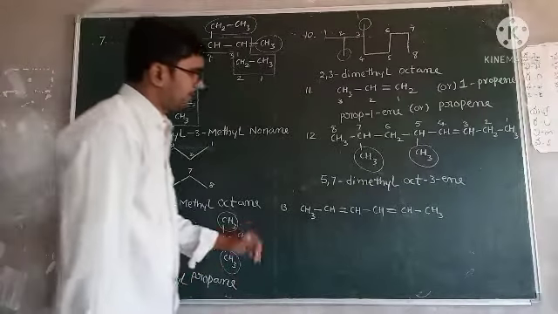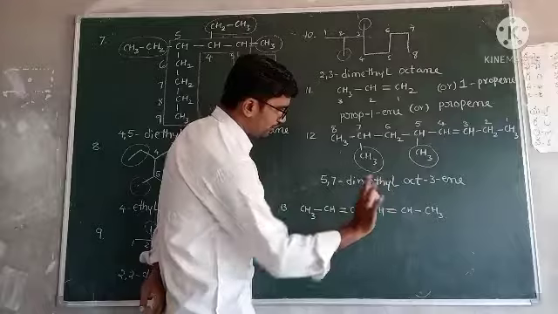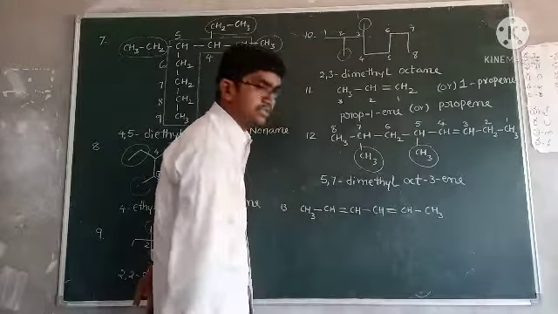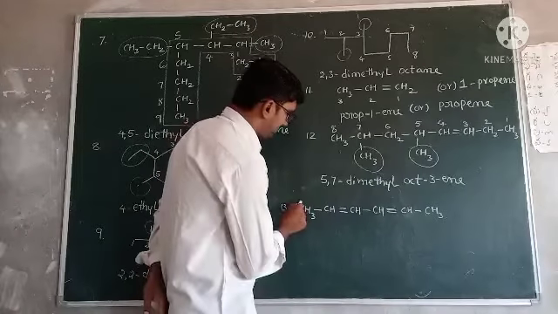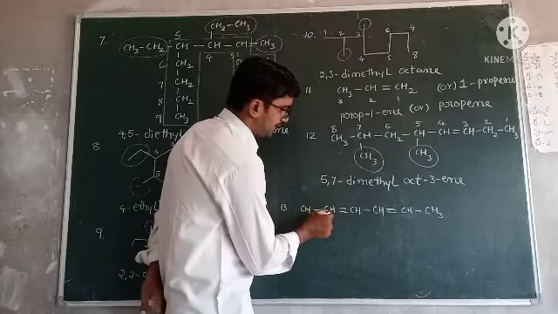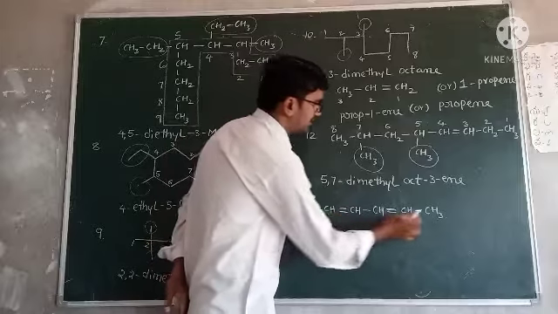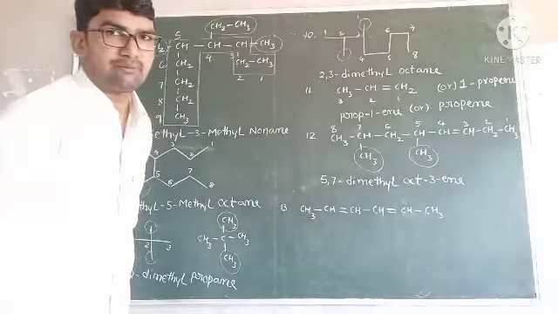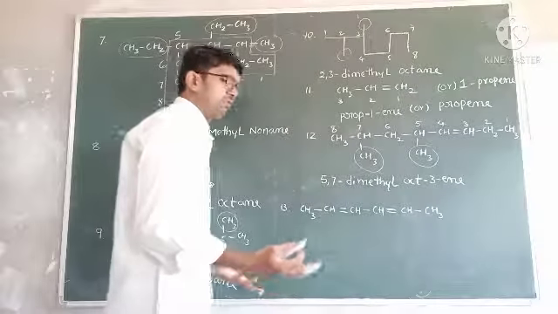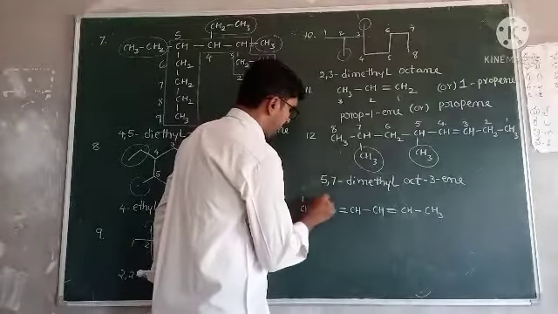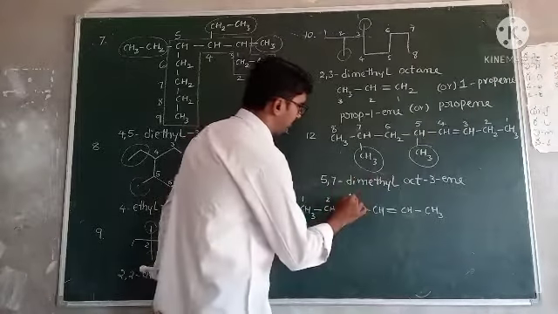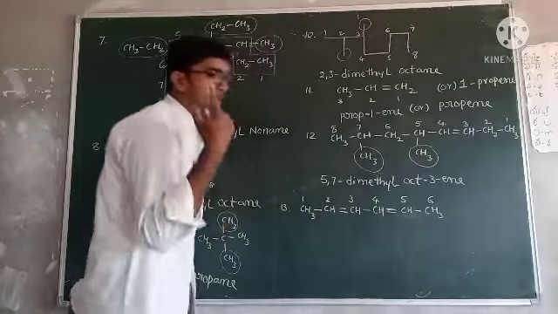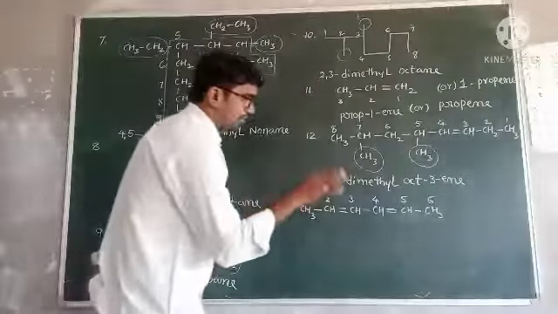Now come to the 13th one. For the 13th one, listen carefully all of you. Here there is no functional group. Here one multiple bond is present. Give the numbering. From this side 1, 2: at the second carbon, the multiple bond is attached. From this side 1, 2: here also from the second carbon, the multiple bond is present. Both sides are the same, no problem. 3, 4, 5, 6. But in this compound, 2 double bonds are present. Remember that point. So now write the name.